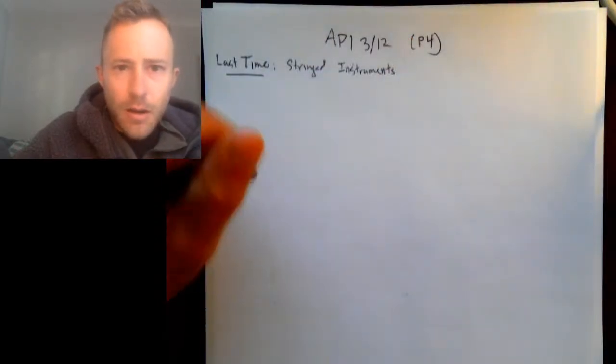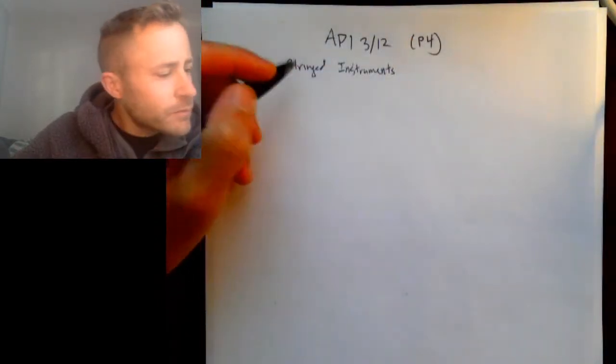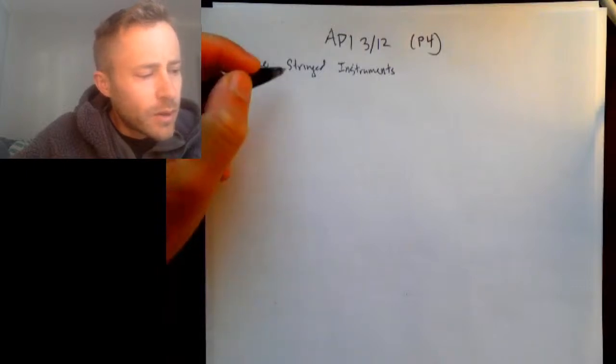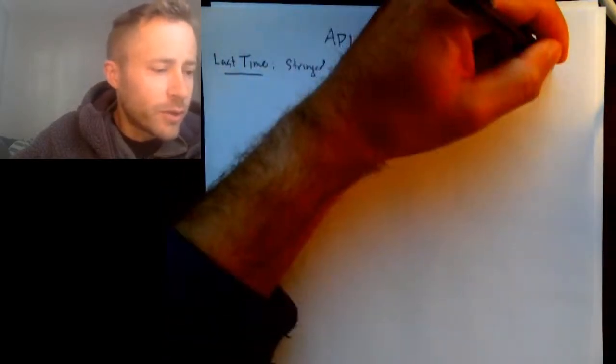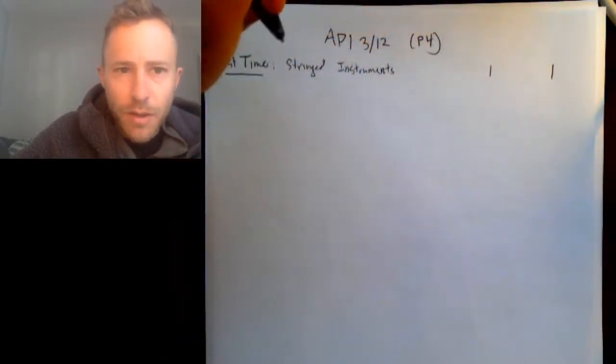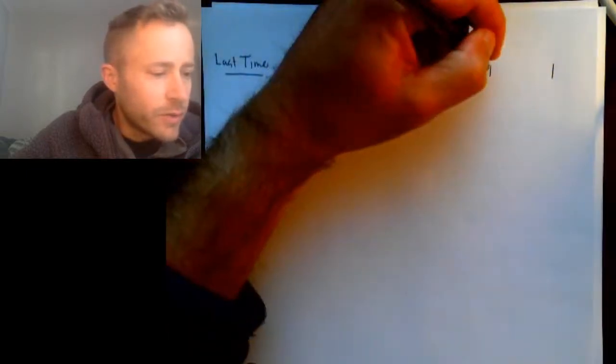Stringed instruments have a couple of possible standing waves. So I'm just going to draw the first 3, I think. So if this is the ends of the instrument,